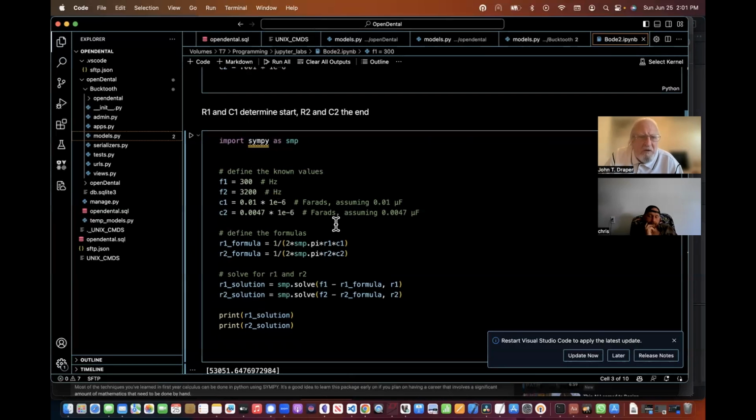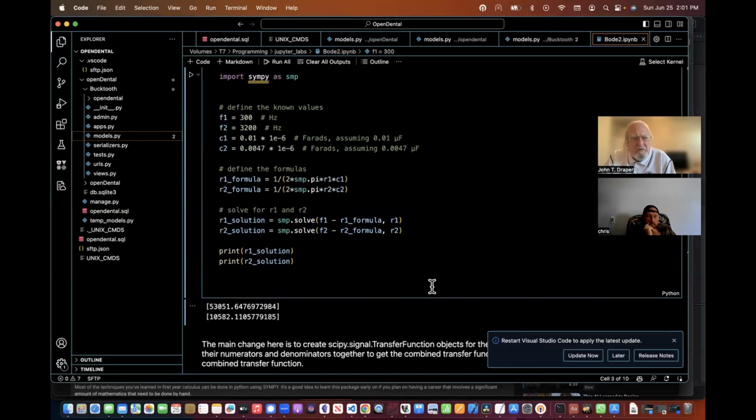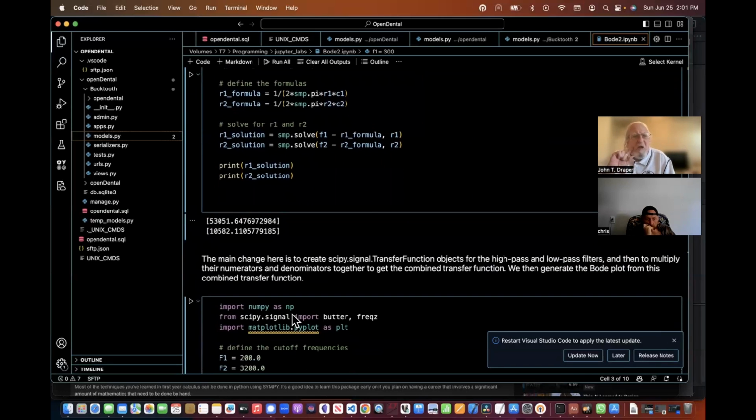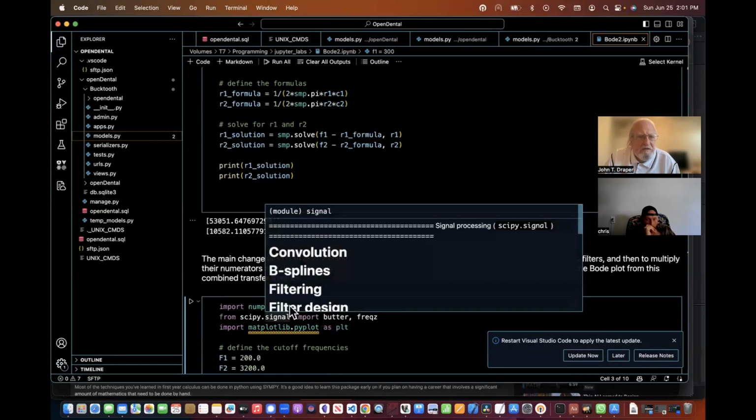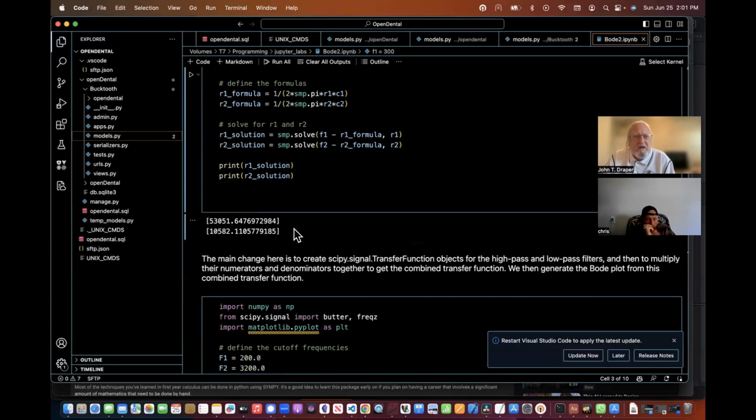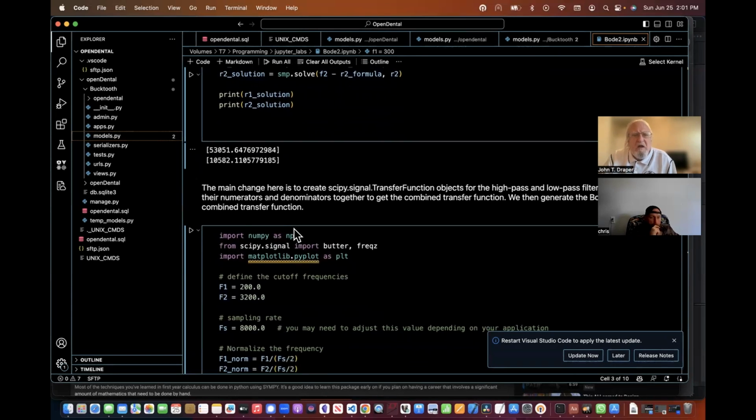And we are then calculating the formulas to solve for R1 and R2. The R1 and R2 that we're going to be using are going to be fixed throughout the whole thing. We're not going to change it. It's going to be 53K and 10.5 to 82K. Obviously, we're probably not going to use that exact value. We're probably going to be using either a 47K or a 52K. Those are standards. And a 10K is also a standard resistance value. Okay, now let's go down and do some math.